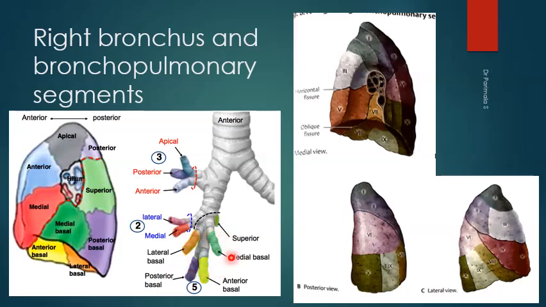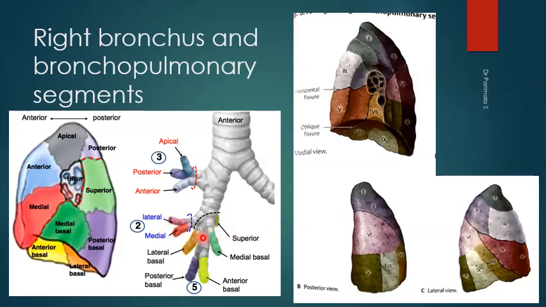So the middle lobe syndrome is the result of any infection or any tumor present within the lower lobe. Because the lymphatics of the lower lobe are drained into the hilar lymph nodes and those hilar lymph nodes are surrounding the lobar bronchus for the middle lobe, that infection has a chance to spread to the middle lobe and results in the collapse of the middle lobe, and that condition is called as middle lobe syndrome.